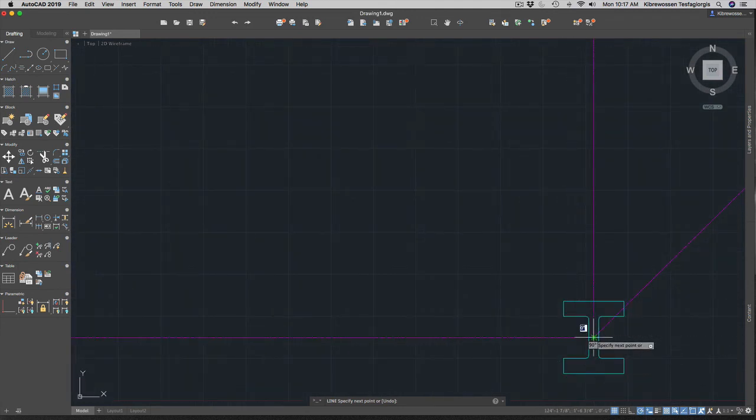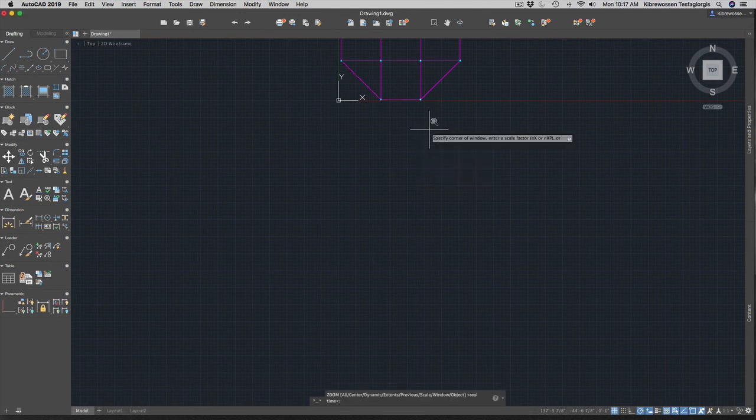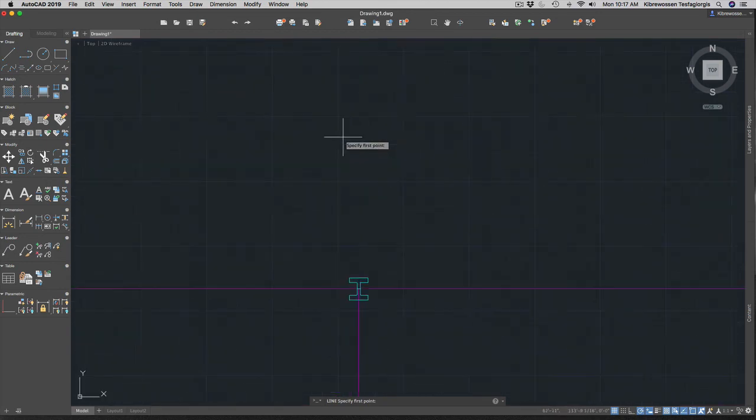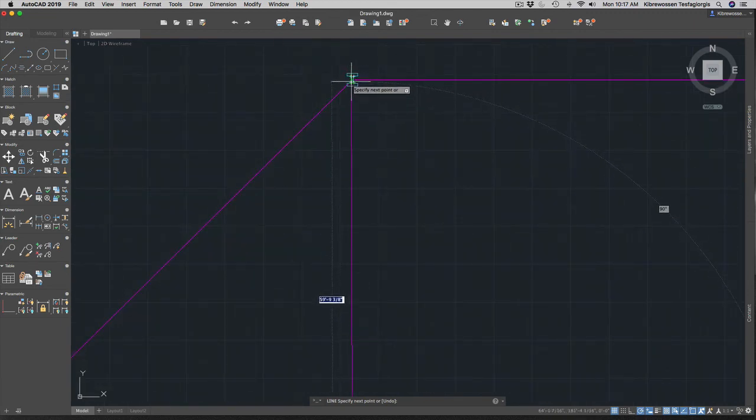My center line looks more like a solid line, but it's a center line. I can change it. One more. Two actually. I'll show you in a moment how you can